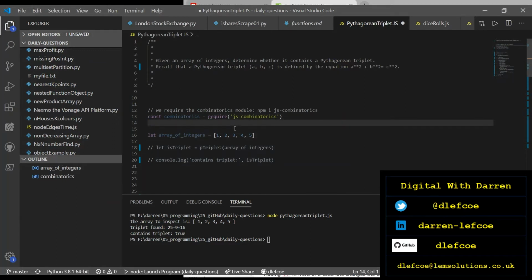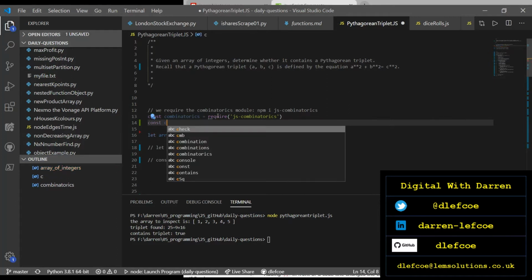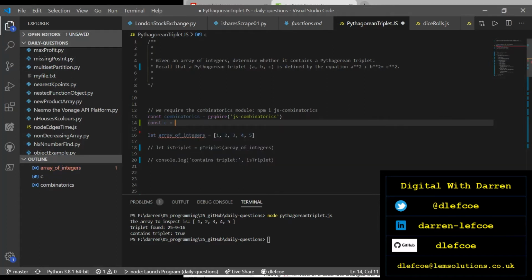And the first thing we had to do was require it. So we do const and then some variable, whatever we wanted to call it. I picked a suitable name, which is combinatorics, but you could have just used C, for example. It could be anything. Equals, and then you do the require